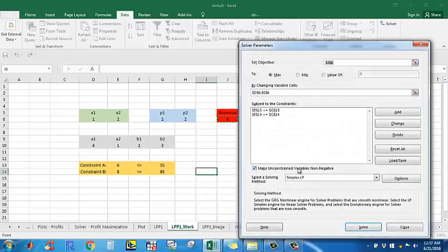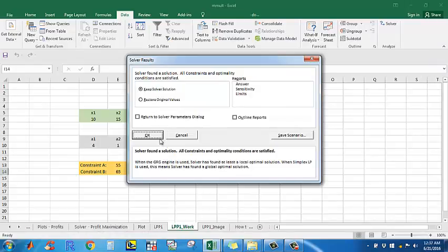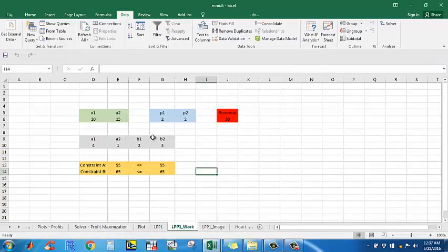Make the unconstrained variables non-negative. This option is being checked. This is equivalent to saying that x1 and x2 are both greater than or equal to 0. We choose the Simplex LP method, and let's click on Solve. Alright. So Solver has identified the solution as x1 equal to 10 and x2 equal to 15. The total revenue that corresponds to this bundle is equal to 50, and this is the revenue maximizing bundle